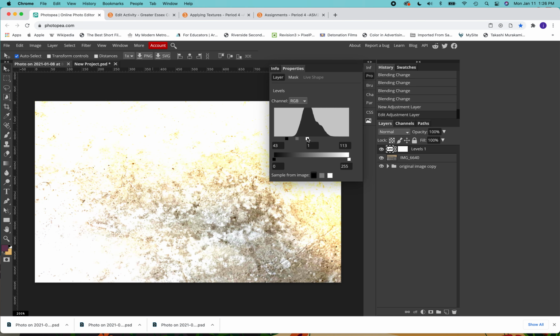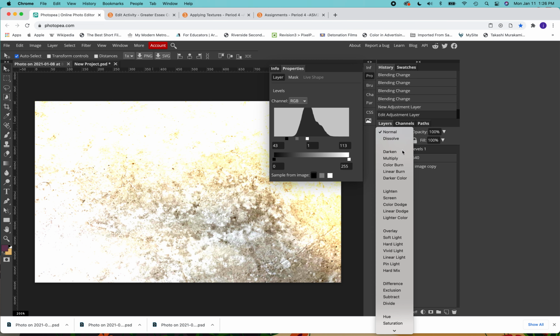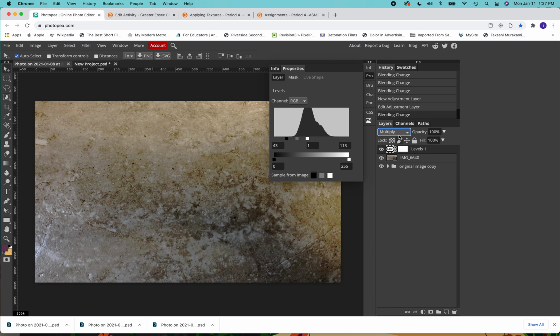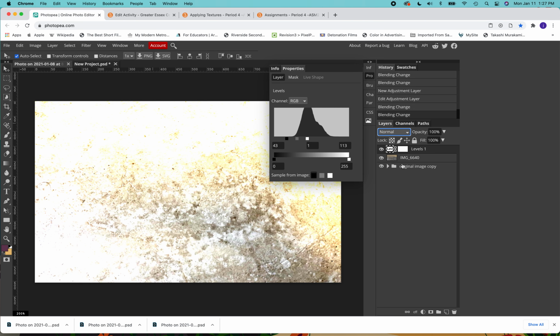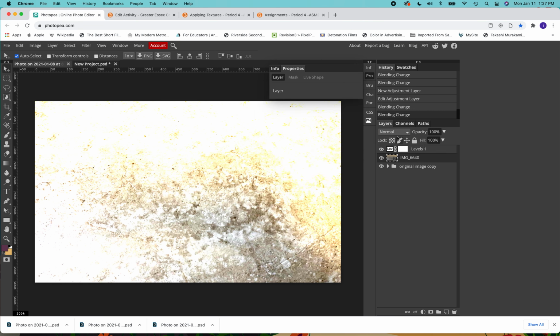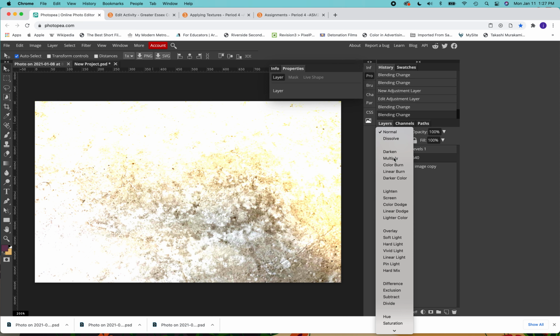Okay, so let's take a look at this now. Now, in order to apply our blending mode now, to change it, you'll see if I apply it here, multiply, that's changing this levels adjustment. Okay, and if I apply it to this one, it's not really going to have the same effect either,